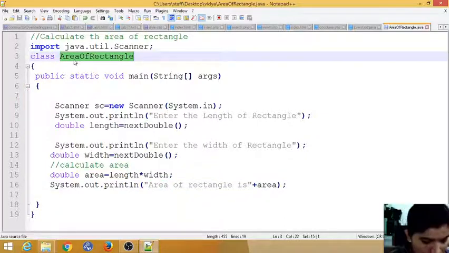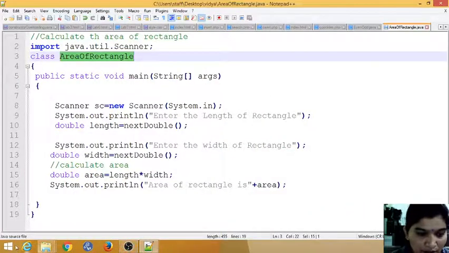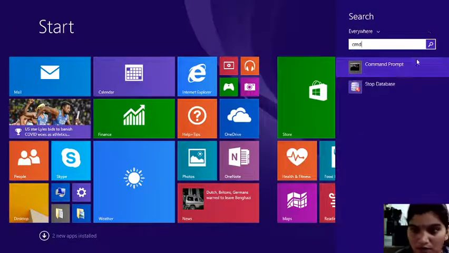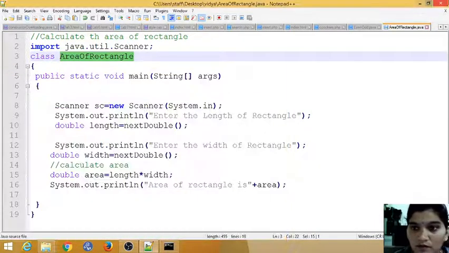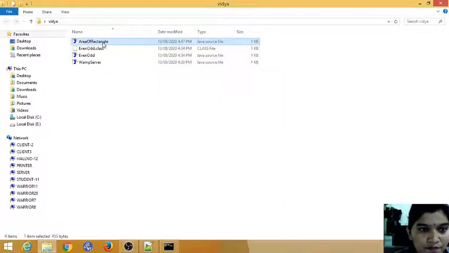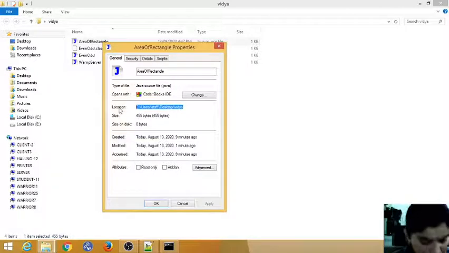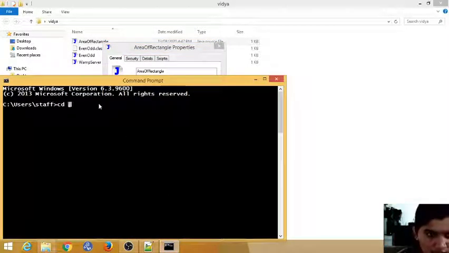First copy your file name. Sorry, I need a command prompt again, so I have closed it. For this I need the address also. Just go to properties and you will get the path.